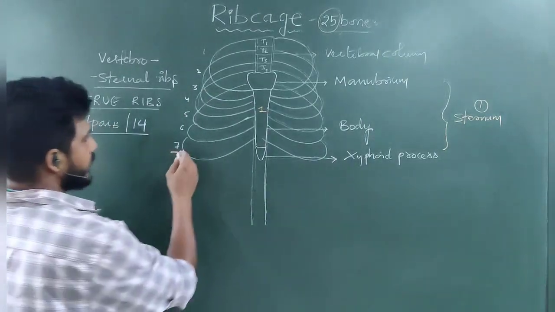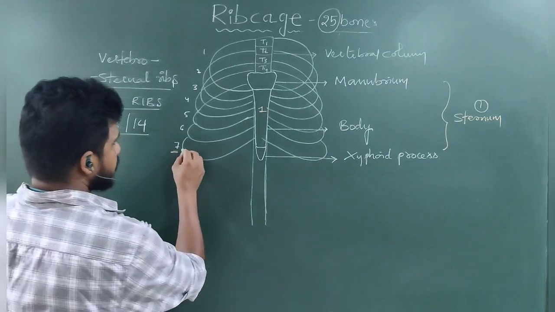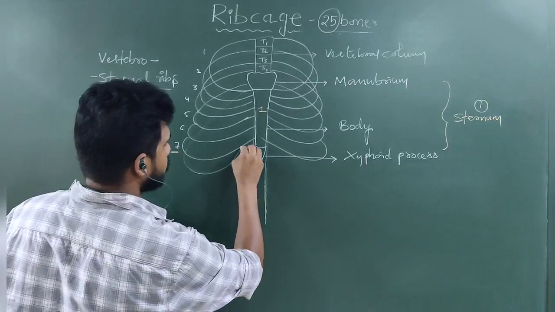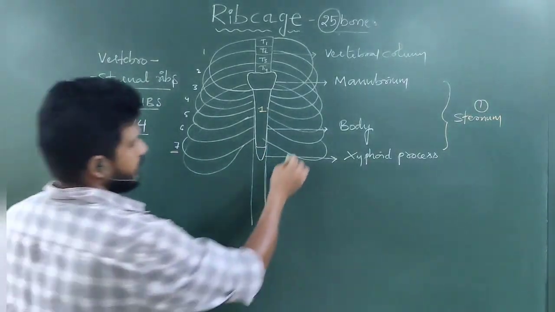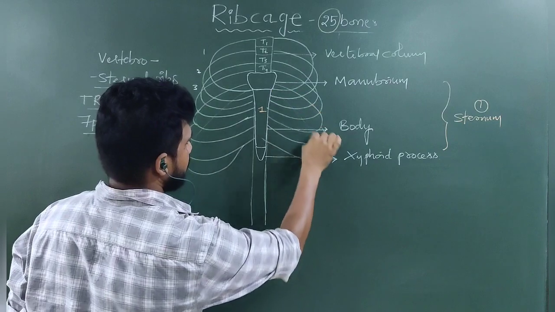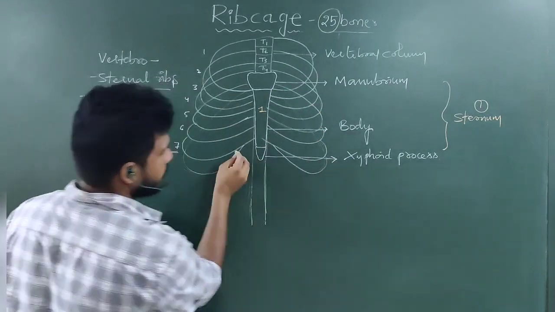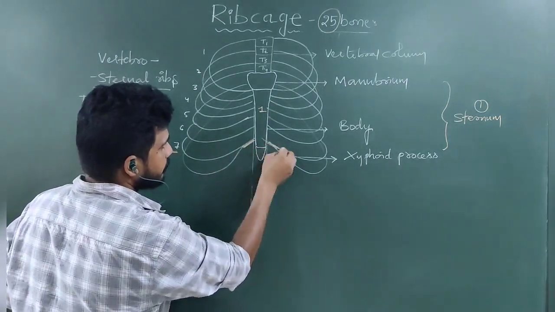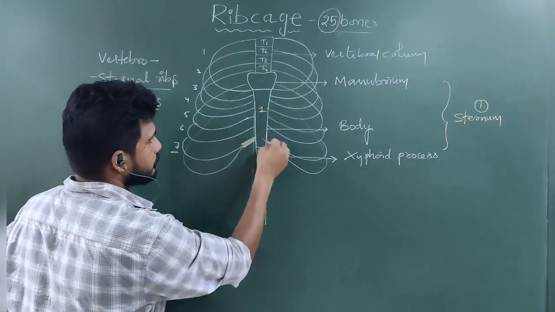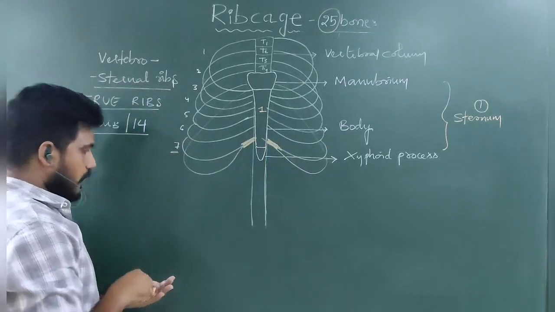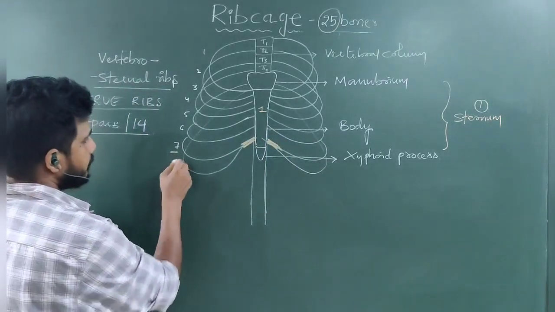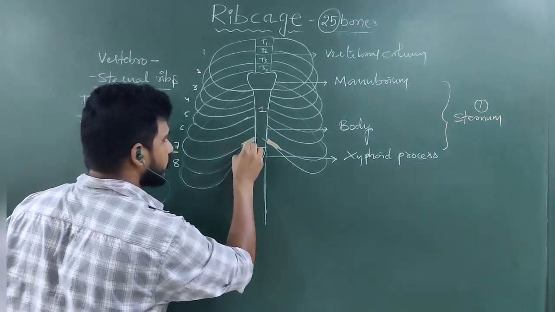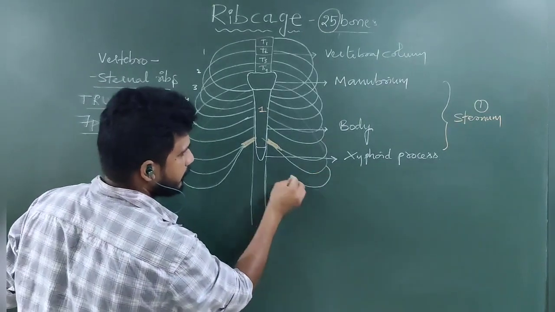Now the eighth one is coming from the vertebral column, but connected to the seventh one. It is also a pair, from this side as well. It is also coming from the vertebral column but connected to the seventh one. If you understand, here a cartilage part is present. To this cartilage part, the eighth bone is connected. Eighth pair, this side and that side. And the ninth one is coming and also connected to the cartilage. Just like this. Observe clearly.